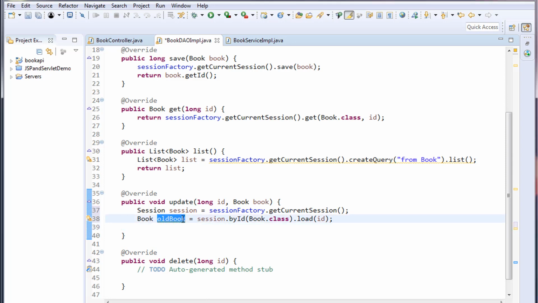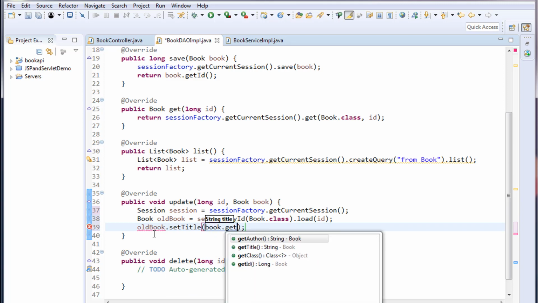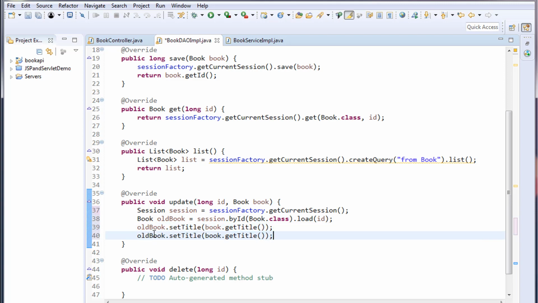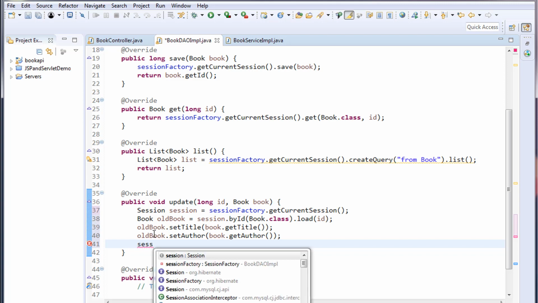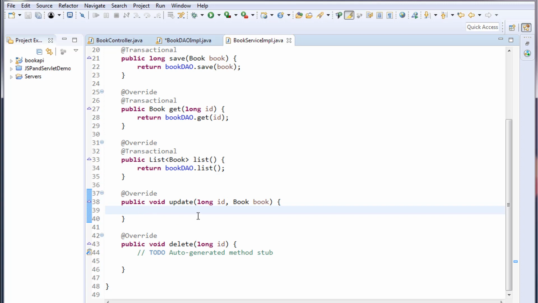To this old book we have to set the title and author, which is coming from this book. Old book dot set title. I'm going to call the get title method, and I'm going to set the author, and I'll call the get author method, and I will call flush method on this session object, session dot flush, and inside the service implementation I will